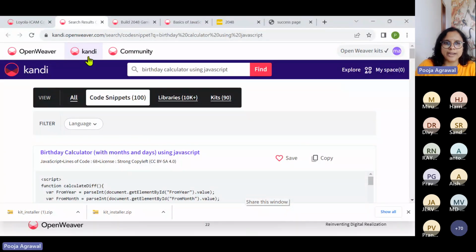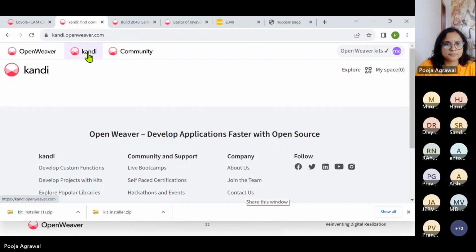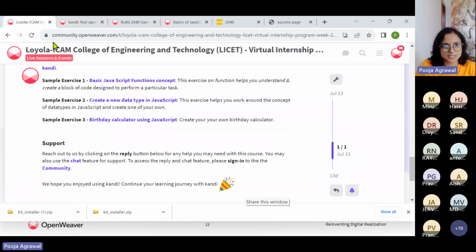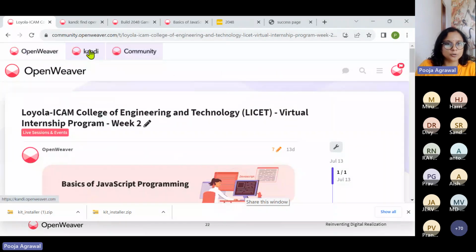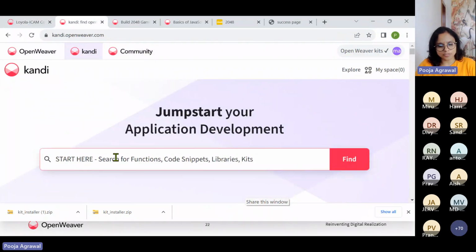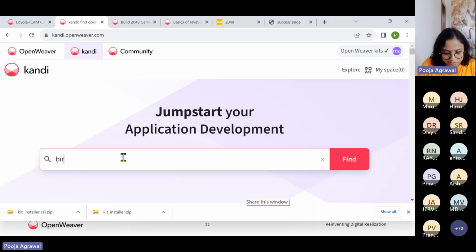So either you go to candy.openviewer.com directly from this page. At the top, you could find the option to click on candy.openviewer.com. And here you could just search for, let's say, I want to create a birthday calculator in JavaScript.